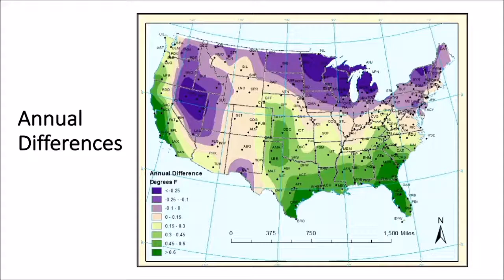The strongest overestimation is along the immediate Pacific coast, as well as the southeast and into parts of the south and the central plains. But we do see very interesting regional patterns, of course. So for example, in the Great Basin we see negative, so a bit of an underestimation. And the same thing in the northern tier across to the upper Midwest and parts of New York and New England.